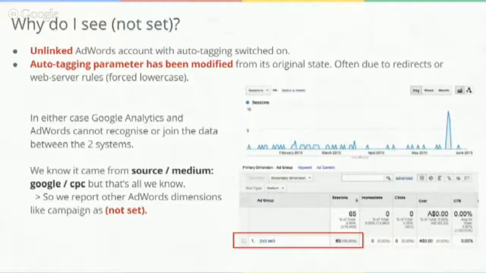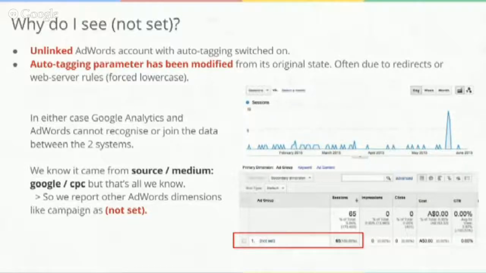A lot of our clients are under the impression that the accounts, and when I say accounts I mean AdWords and GA accounts, are linked correctly between each other. But that's not always the case. There are times when, on the surface, the accounts are linked, but the right views are not connected, or the tracking has not been implemented.